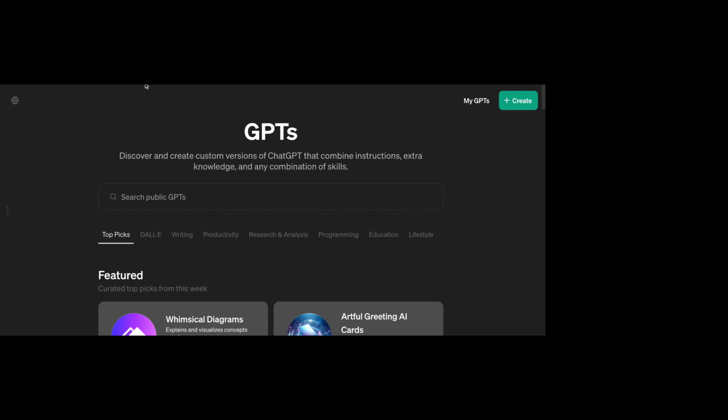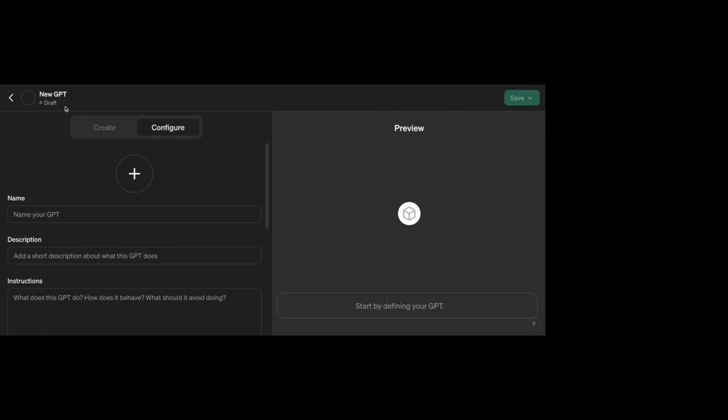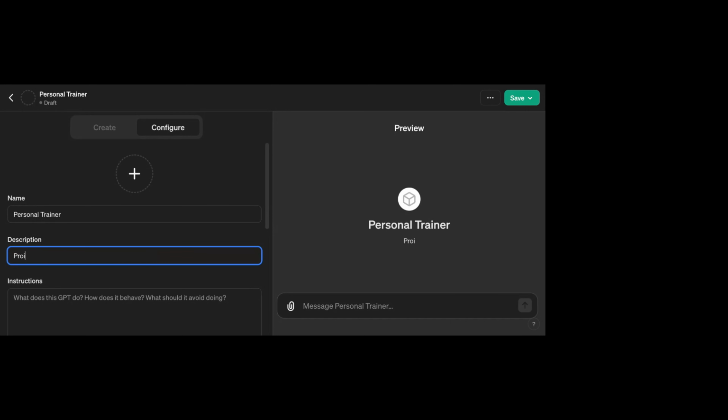So I go to chat.openai.com/GPTs. And with my Plus subscription, I'm allowed to click Create to create a custom GPT. This takes me to a draft of the new GPT. I'll name this one Personal Trainer. I'll add a short description: provide workout guidance,